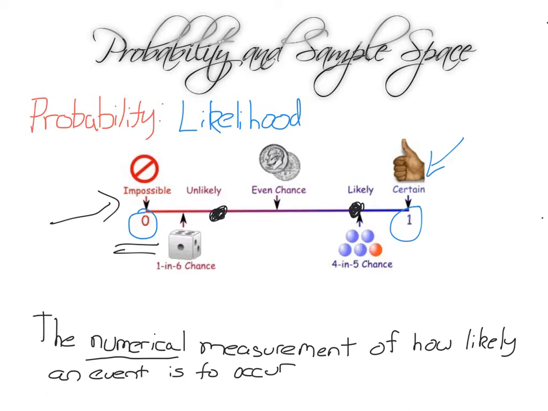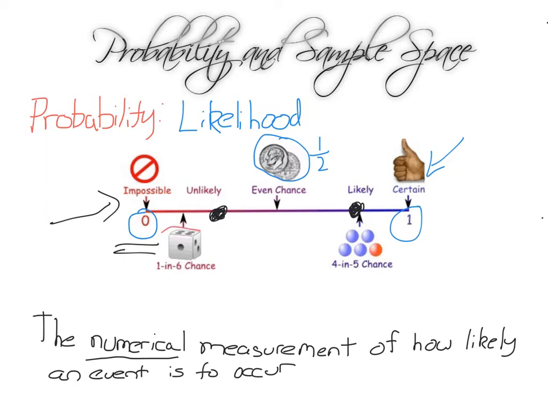So we can see on our number line here, this event that I've circled. If I toss a coin, there's an even chance that I get a head. So it's halfway between 0 and 1. So its probability is going to be a half. Now it's not so important if you don't understand yet where I got that number from, because we're actually going to come up with these numbers. I'm going to show you how to find them in the next lesson. But I just wanted to show you how we can compare events. So this event of getting a head when you toss a coin is halfway along the number line, and it has a probability of a half.